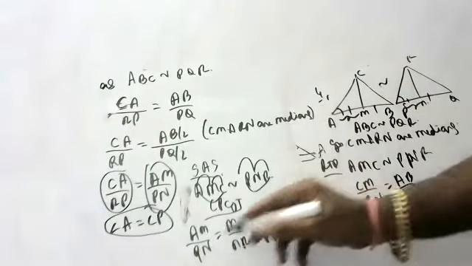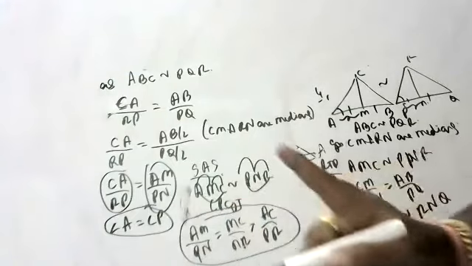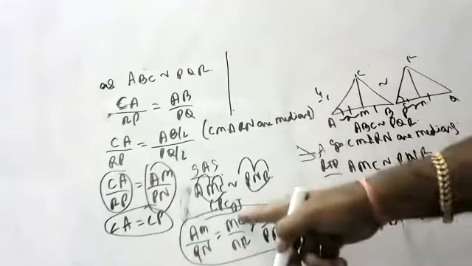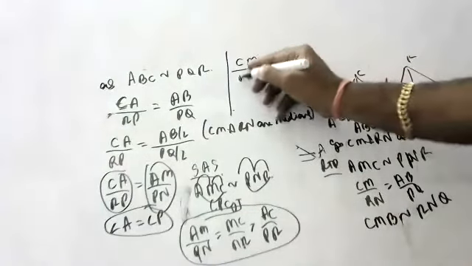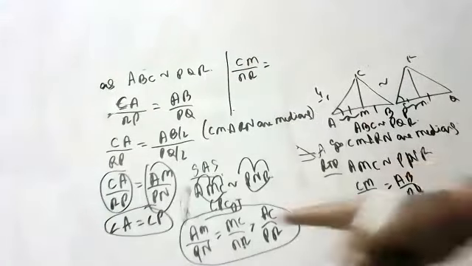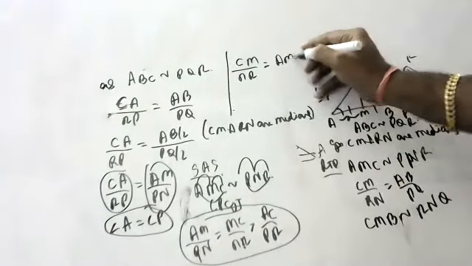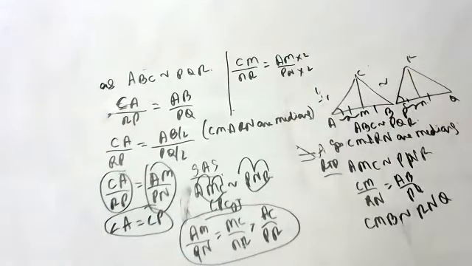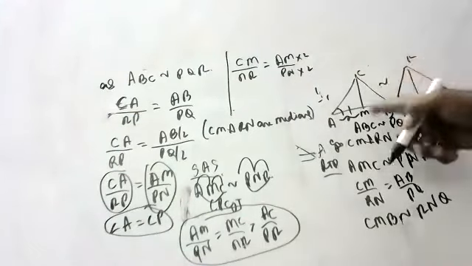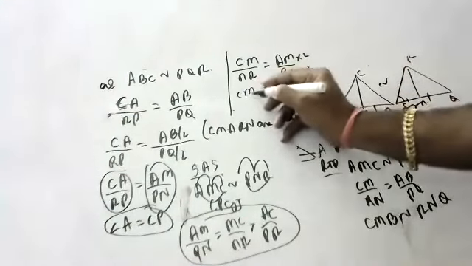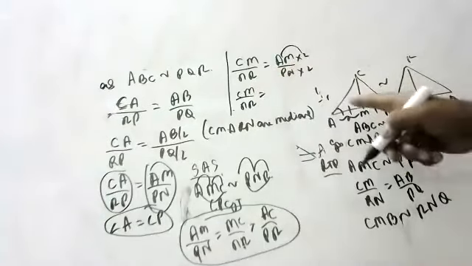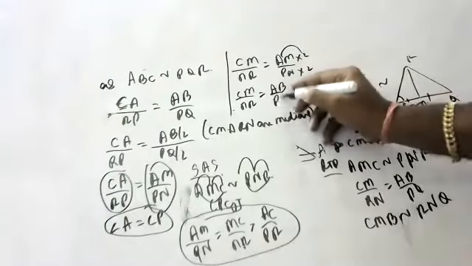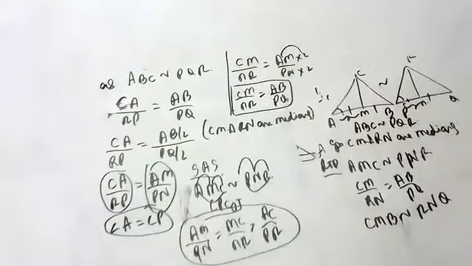So, children, this is okay now for you all. Now I will modify this only, you see, children. Second proof, children, I am showing here. All of you please see here. CM by NR is equal to AM by PN, which we have. Can I multiply up and down with 2? Yes, sir. Why can I multiply? Because CM and RN are medians. So CM by NR is equal to 2 times AM, which is AB, by 2 times PN, which is PQ. Hence proved. That's all, children.